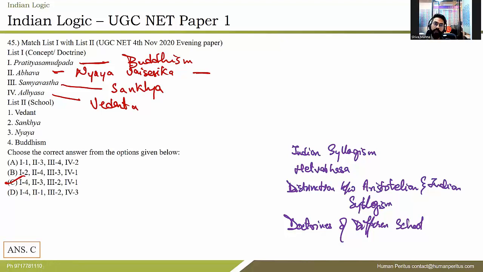Please understand, there will be 3 or 4 questions from Indian logic in your paper, right? If you are very lucky, there will be 2, but there is a high chance that you might get 3 or 4 questions from Indian logic. So please start studying Indian logic. It's a new topic. I understand it might be a bit technical remembering all these terms, but what you can do is, in every single Indian logic book, the examples stay constant. Examples do not change. So learn those examples. They will actually help you in answering the questions.